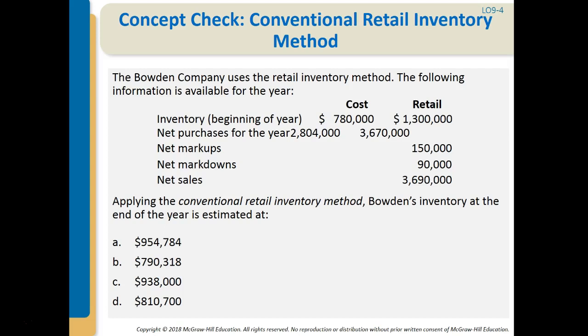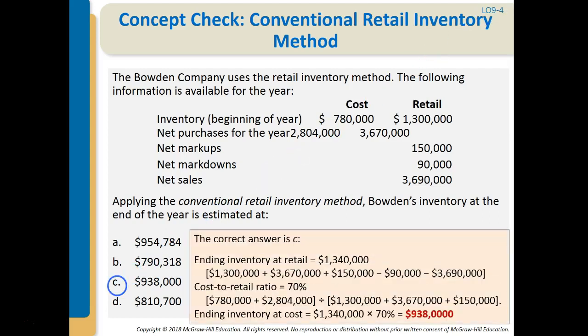Net markups, $150,000. Net markdowns, $90,000, and net sales, $3,690,000. So applying the conventional retail inventory method, Bowden's inventory at the end of the year is estimated at, it will be